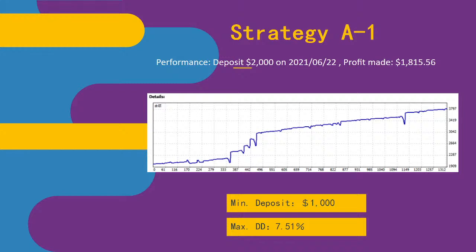Question. Say I'm a trader. How do I work with you? Well, for you to show up as one of the strategies, such as what you're seeing right here, this is strategy A1, right? Obviously, you'll have to trade your own money here with us in our selected brokers, okay? So I'll have to open a live account with you, fund the account, and use my own strategy in that account. Well, yes. Now, preferably, you are going to use a strategy that you're very certain of and that will make money.